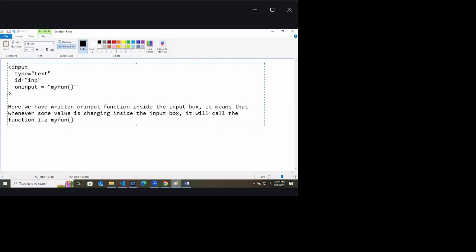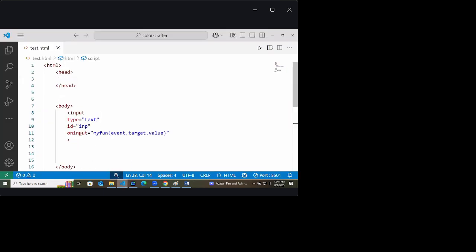Understood this much part? Only this much that I am writing here. That here we have written our input box in this way, that on input equals myfun. It means that whenever you are typing something or giving some input in this, it will call this function myfun. So only this much you need to understand.